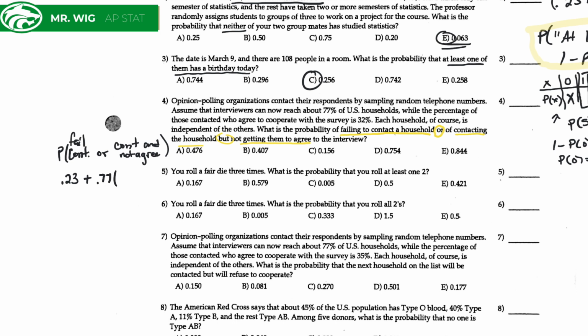And then of those that are contacted, 32% will cooperate. That means that the complement of that, which would be 68%, would end up saying that they will not agree or not cooperate. So 0.68 would go here. And of course, we multiply before we add, and we can know that, once we work that out, you're going to get 0.754